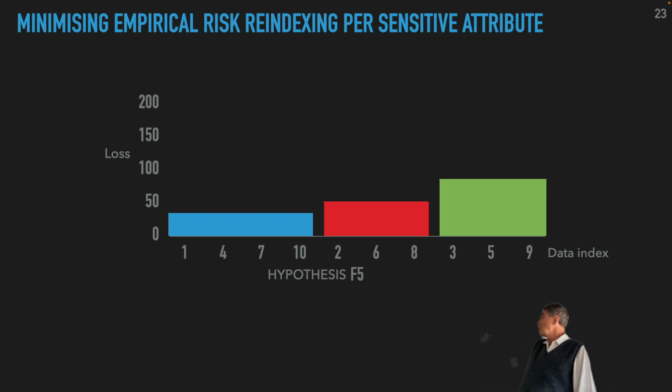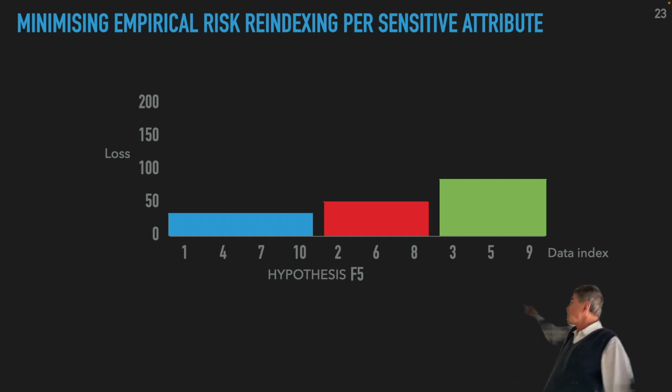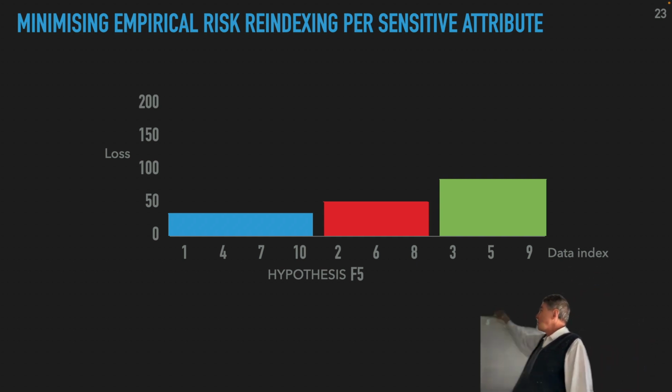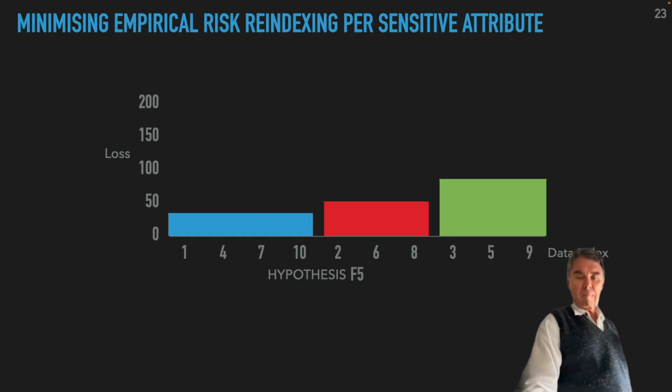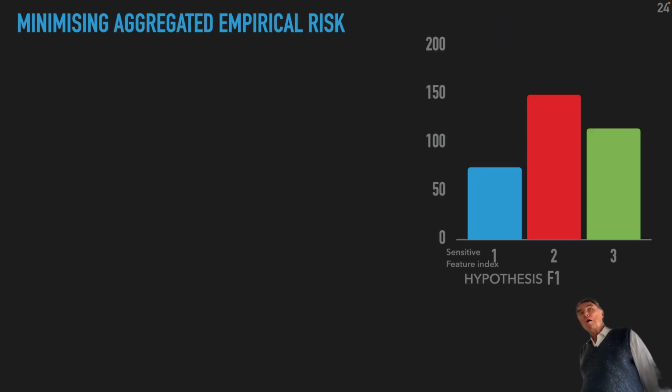We don't care whether it's Mary, John, or Priscilla, right? It's just whether their skin is green. The average loss for green people, red and blue, is not the same. So what we could do now is, I've just re-indexed, and have a think about this,